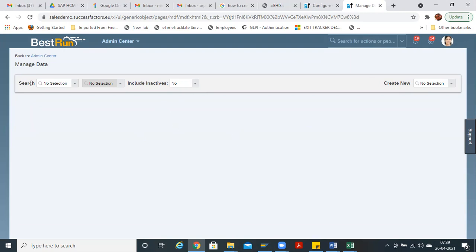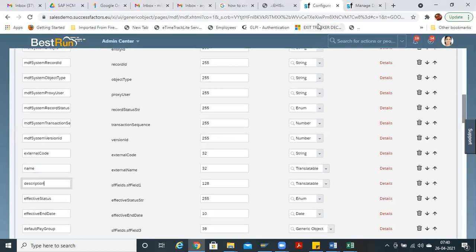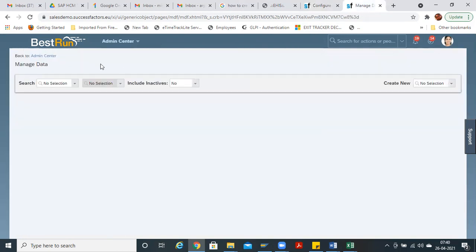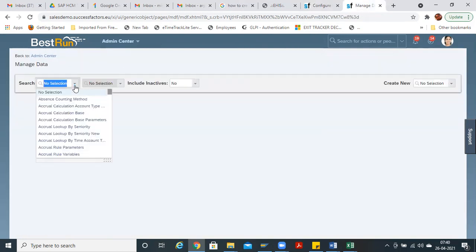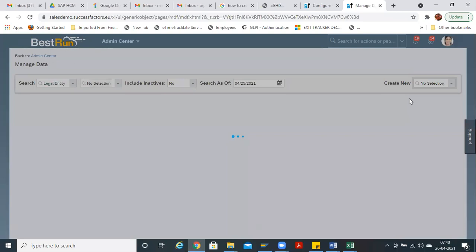Okay. So for org structure, pay structure, job structure, any structure, you configure these objects in Configure Object Definition. In Manage Data, you maintain the object. For example, if you want to maintain a new legal entity, you come here and click Legal Entity.